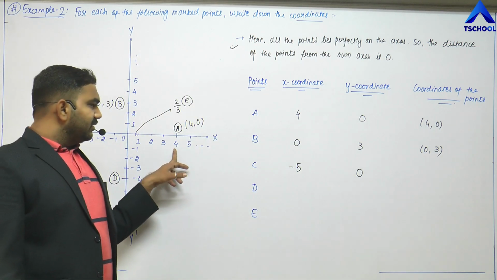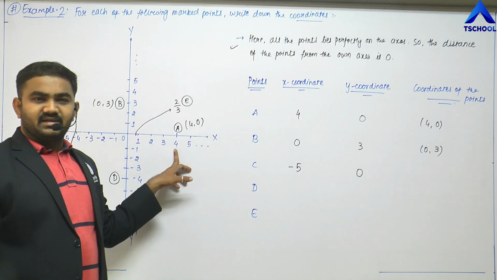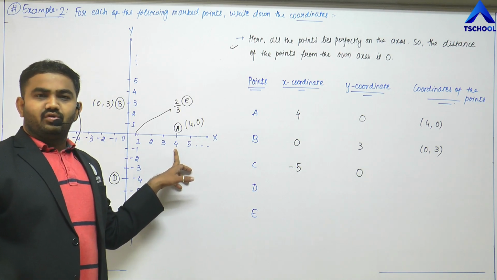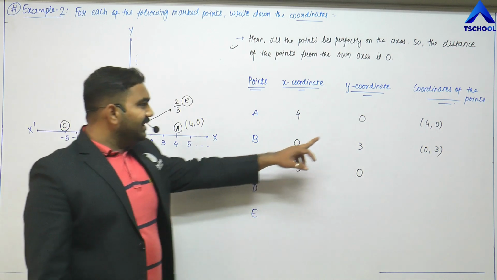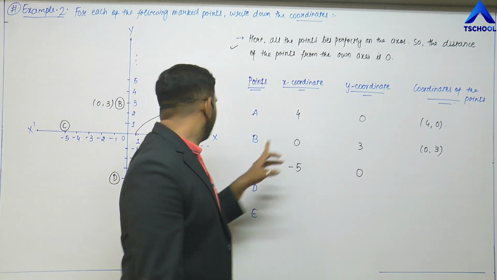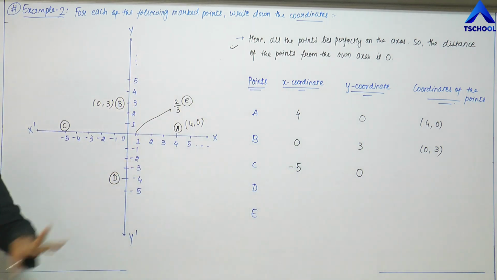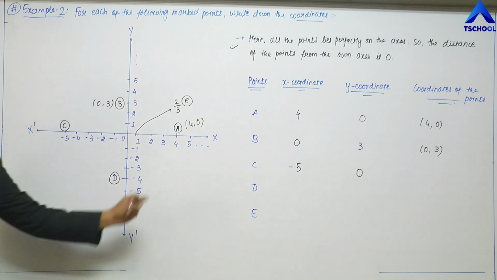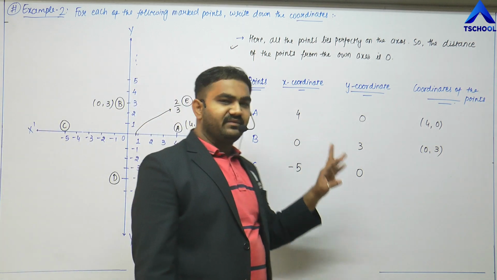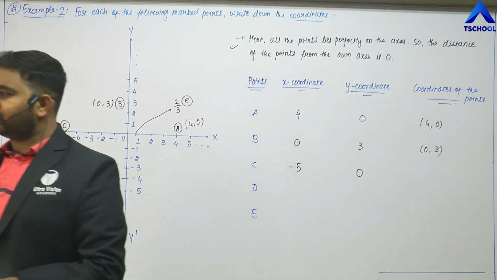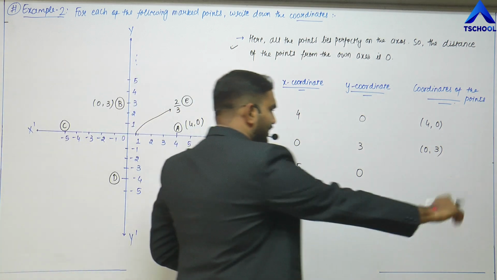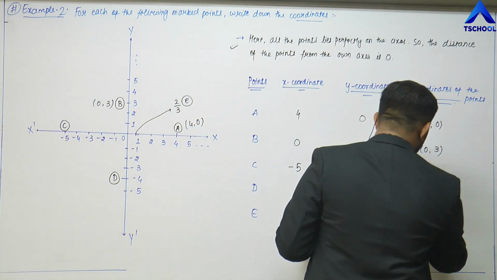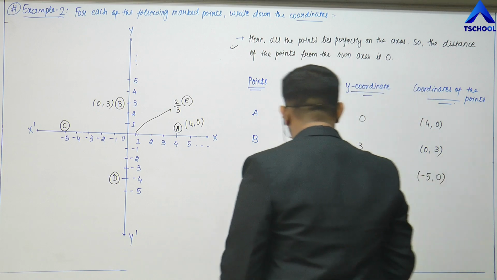See, here the point is on the x-axis. There is nothing to discuss about the y-axis. So we will take the y coordinate as 0 and the x coordinate as the point at which it is lying. So it is lying at 4, we shall take it as 4, and hence combining we will get 4, 0. This is as simple as that. Is it clear? So we don't need to worry about anything else, and this will be -5, 0.